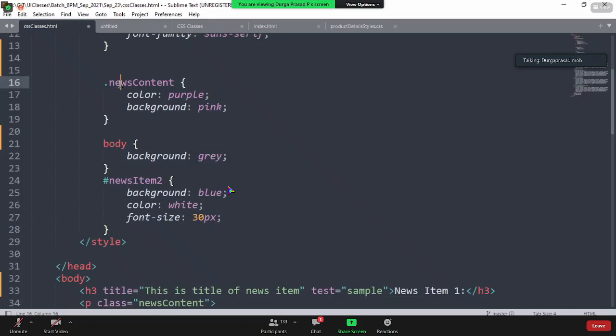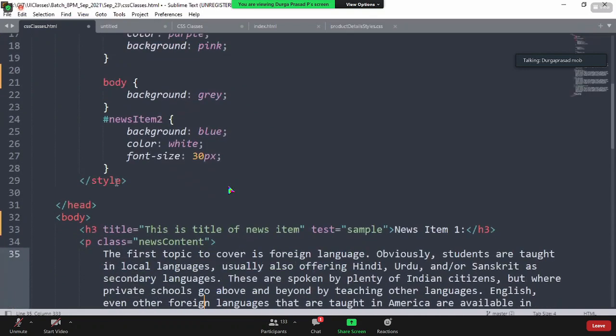We give some set of properties, and if you want to apply them to a particular element, we use the class attribute and define the class name. That's it. Now, an ID starts with the hash operator. Anytime in your CSS, if you see the hash symbol, simply close your eyes and say that it is an ID. And what is the use of this ID?